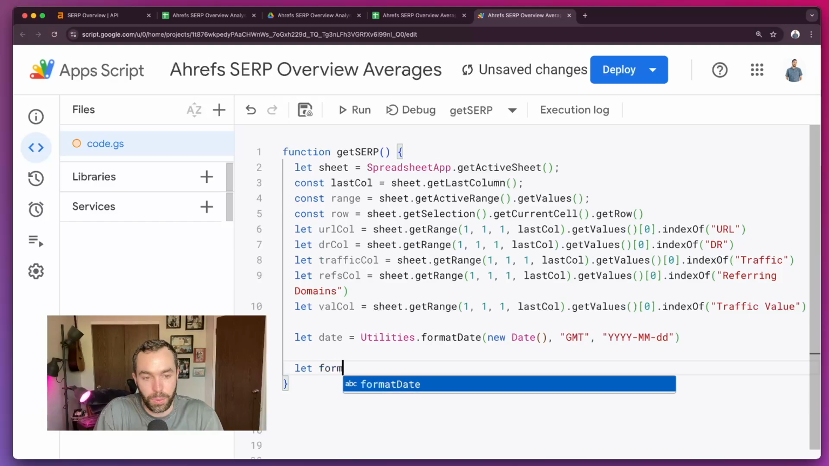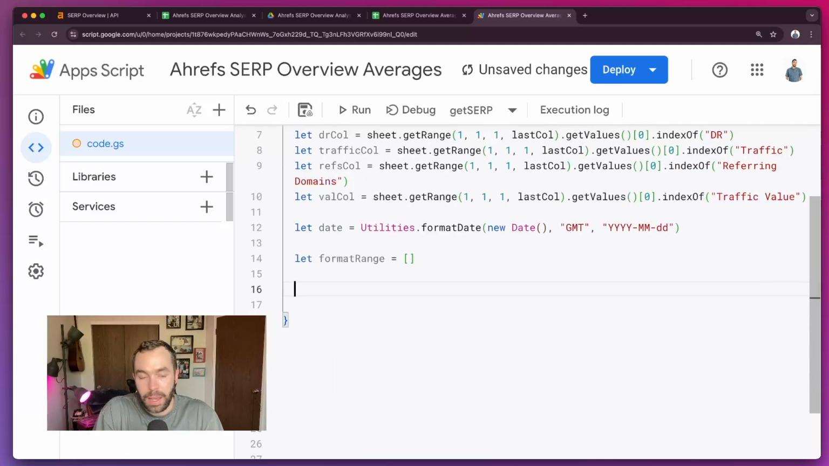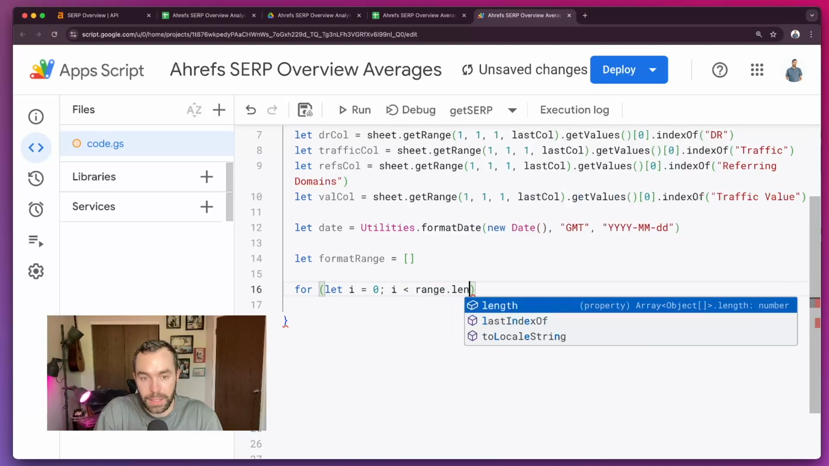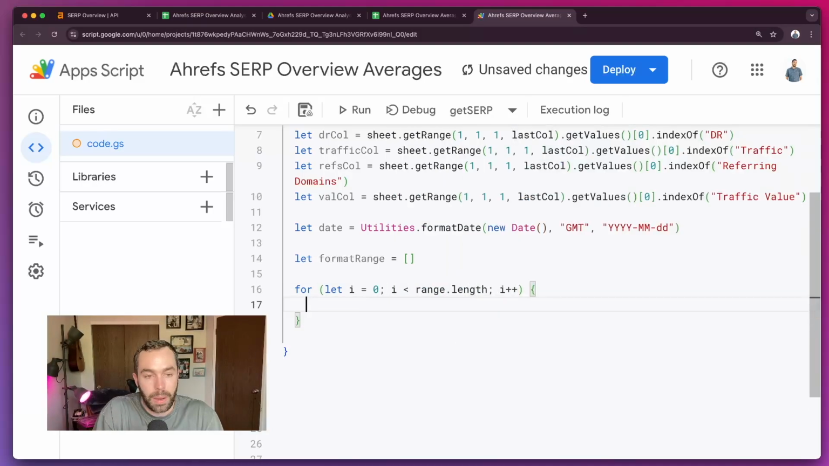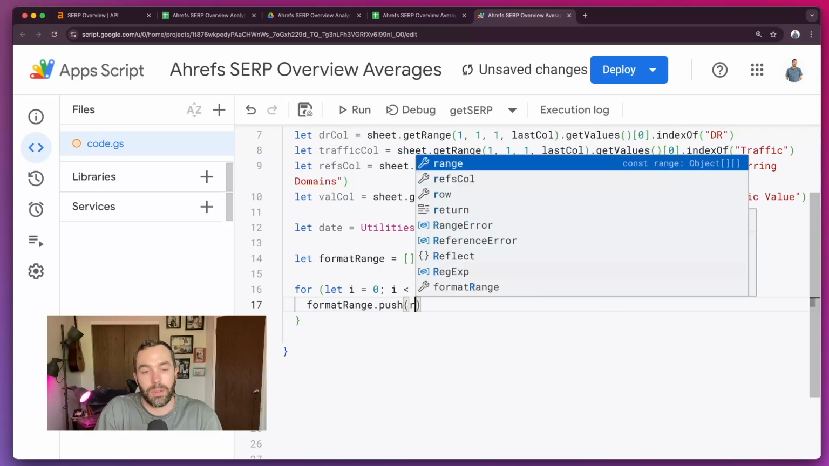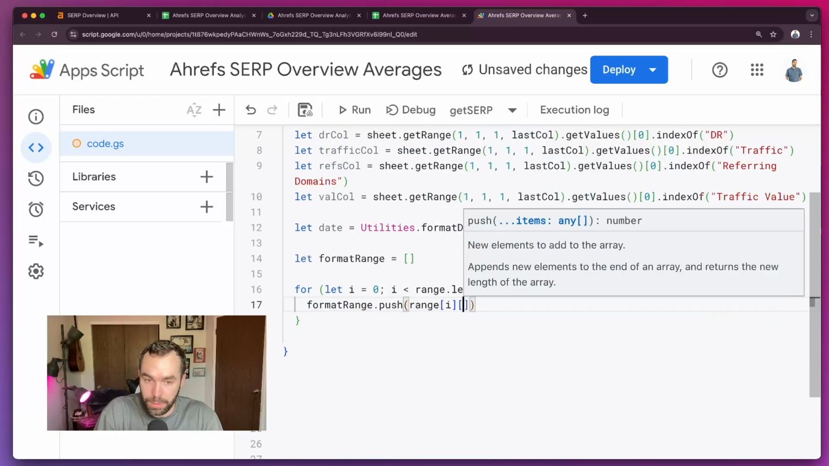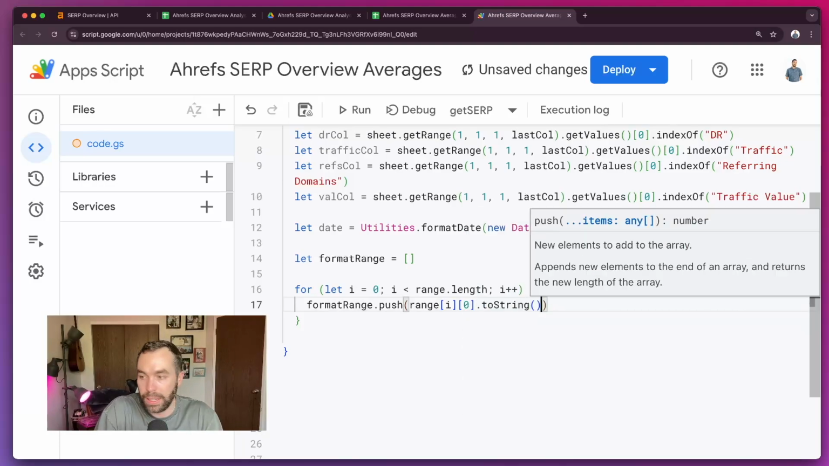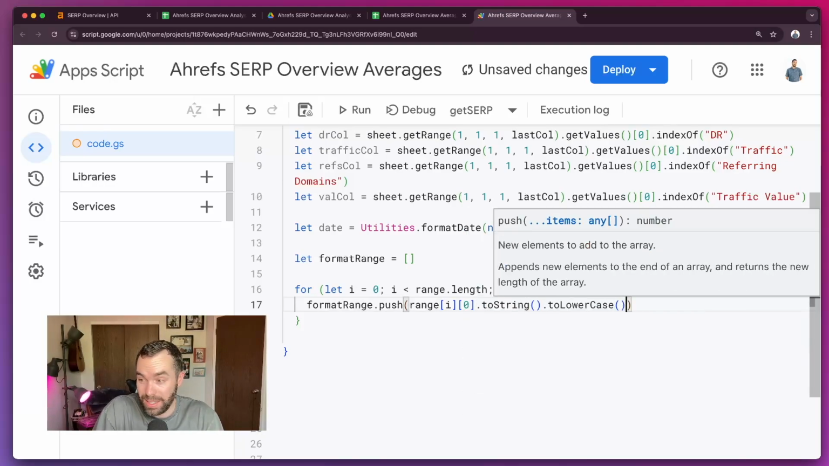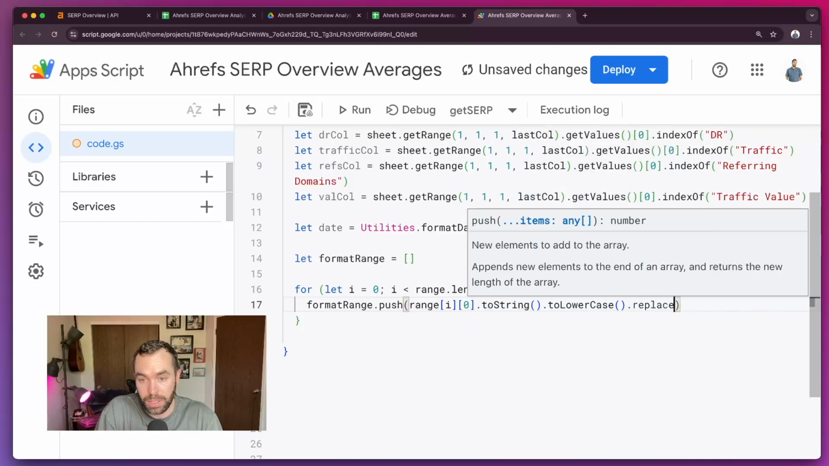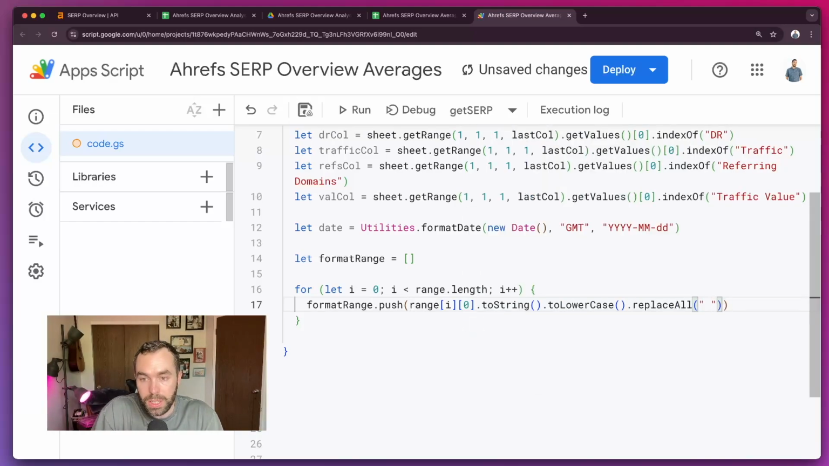I'm going to say let formatRange equal an empty array, and we're going to write a for loop. Let i equal 0, i is less than range.length, i++, and we're going to push to that formatRange array the ith value in the range, which is returned as an array. We're going to get the first value. We're going to cast it as a string, format it to lowercase, because this is how Ahrefs prefers the keywords to be input. And we're going to replace all spaces with plus signs. We're also going to say let API key equal a string, and we'll get that in a second,